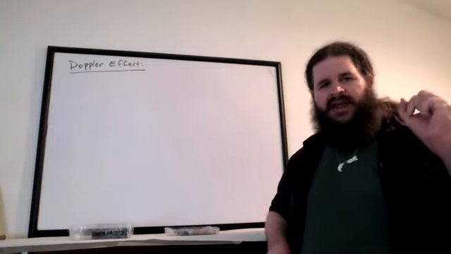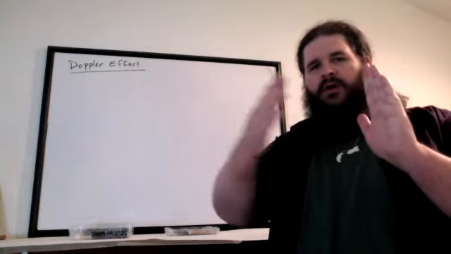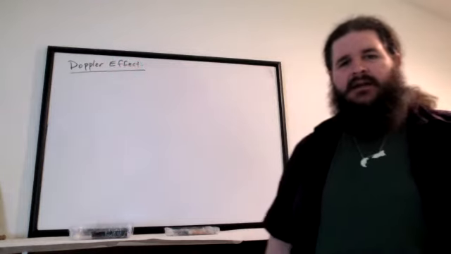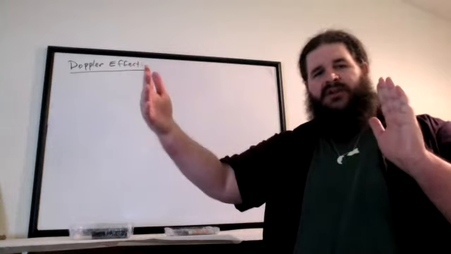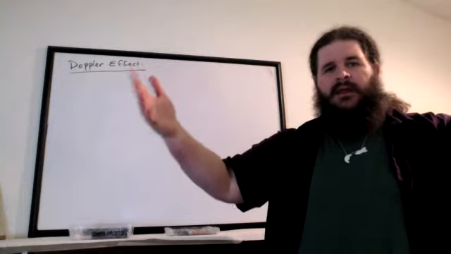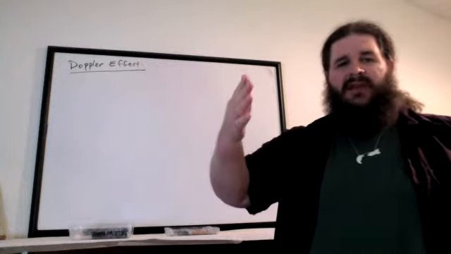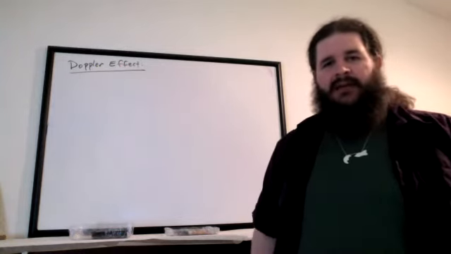And the same is true for echolocation done by bats and dolphins, for instance. The bat emits a high-pitched cheep sound. The sound travels from the bat towards, let's say, a moth, and then hits the moth and bounces back. So on the way out, you treat the bat as the source and the moth as the observer. Figure out what frequency the moth hears. And then for the bounce back, you treat the moth as the source, echoing back the same frequency it heard, and the bat as the observer, listening for that bounce back.